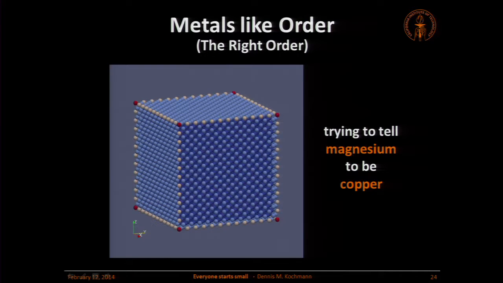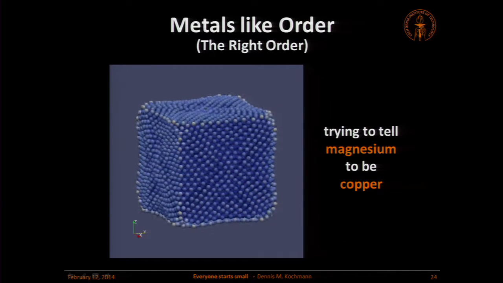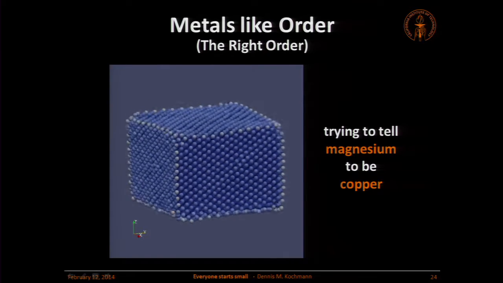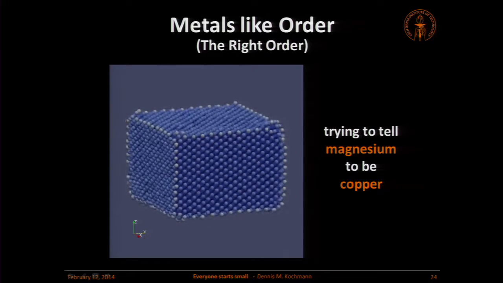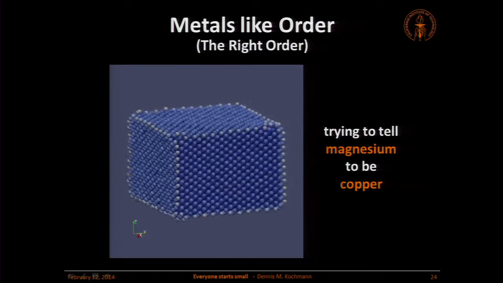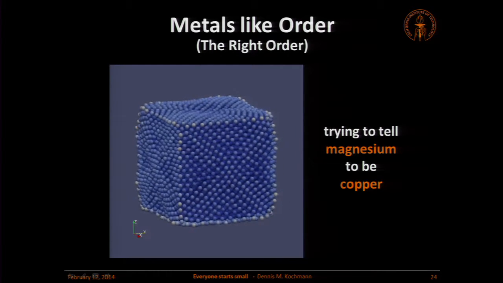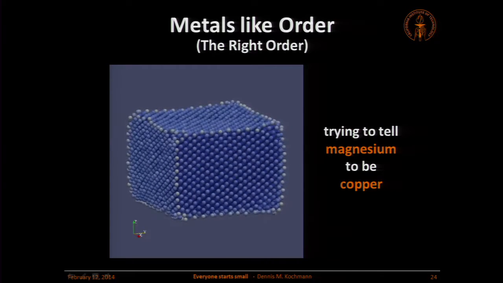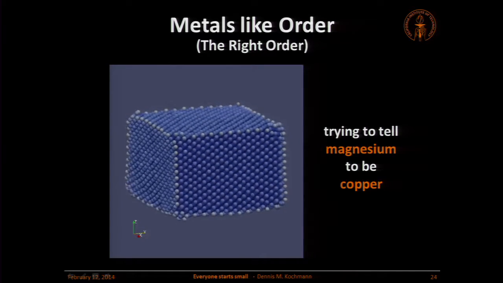This is an example where a student of mine took magnesium atoms and tried to arrange them in the form of copper. If you let the atoms do what they want, they will notice immediately, oh no, this is not the state I want. I have to change. I'm copper. And this is what they do. If the atoms are in a wrong spot, they will immediately go into a new configuration and transform. And we'll see this later on. So atoms know the structure.